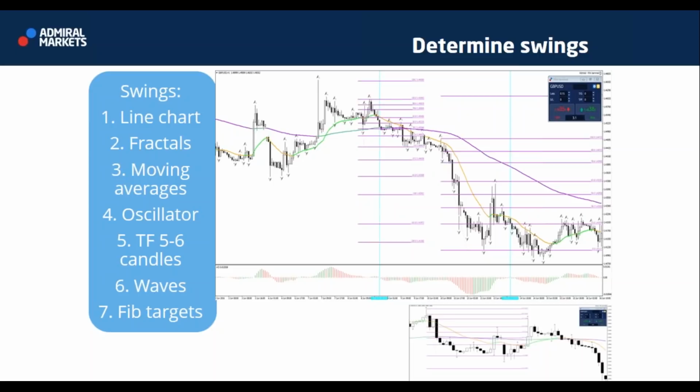So let's start with the last one, fib targets. We see a fib here from here to here, right? And price retracing to the 38.2 fib. But if we then start adding another fib somewhere in here,